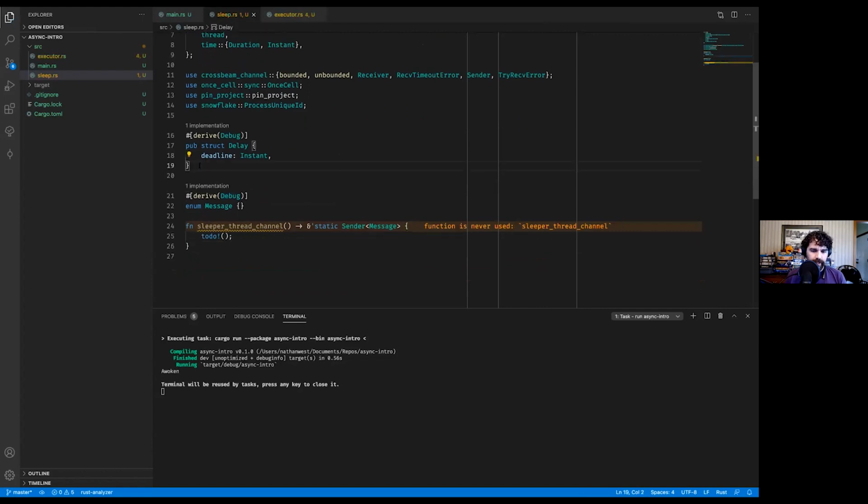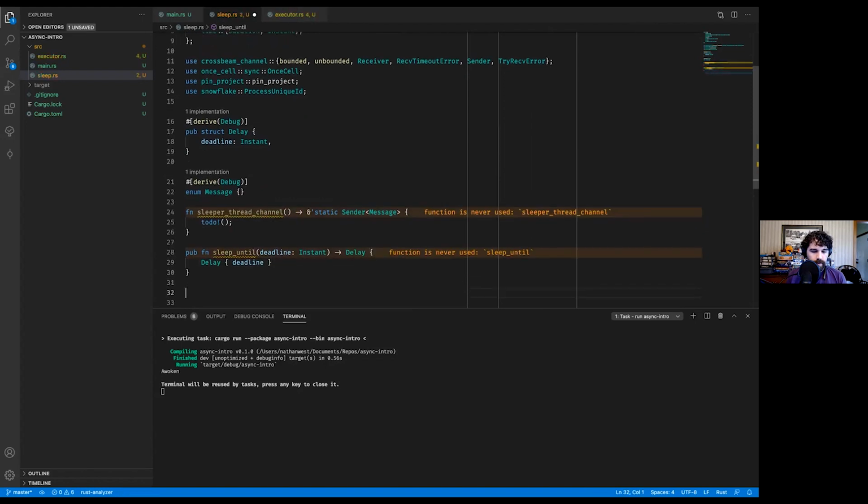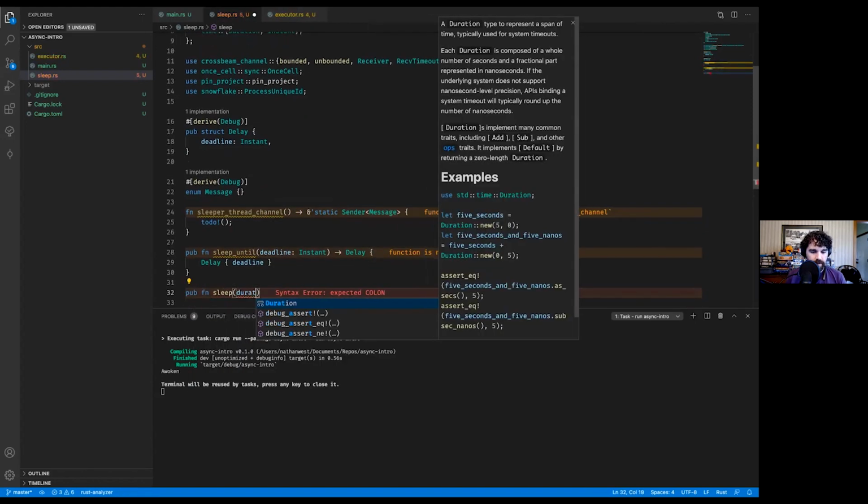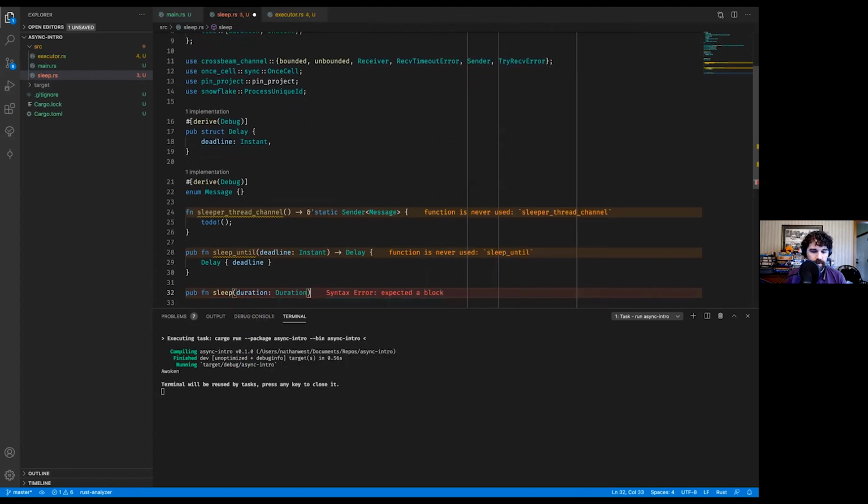So we have our delay here. Let's go ahead and write our quick little interface for it. We will say we have a pub function sleep until some moment in time. And then, of course, our classic old sleep function. Same thing.